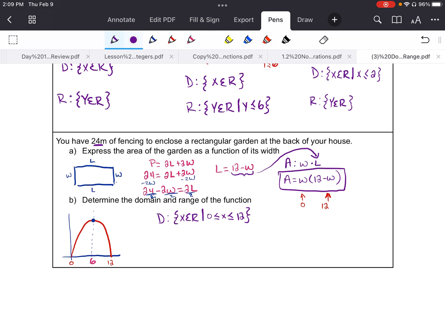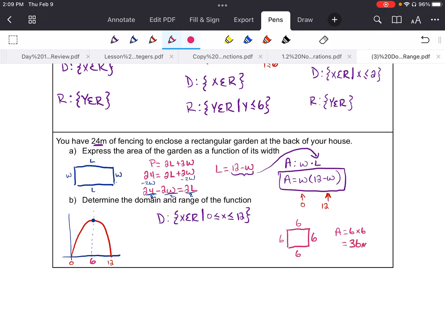Okay, the range is where the axis of symmetry comes in. Our axis of symmetry halfway point was 6. That's going to give us the greatest amount of area. If the rectangular garden was a square of 6, 6, 6, 6, that still gives us a perimeter of 24. We would have an area